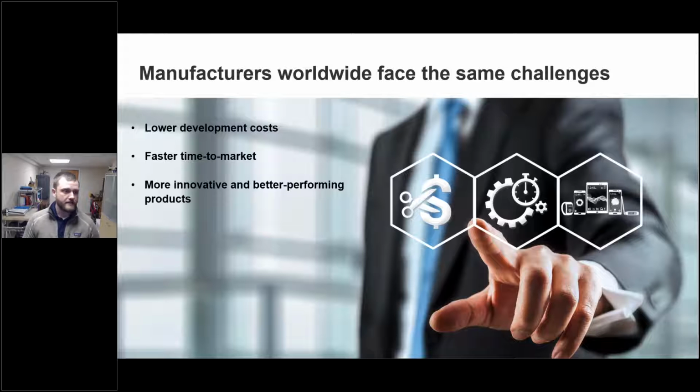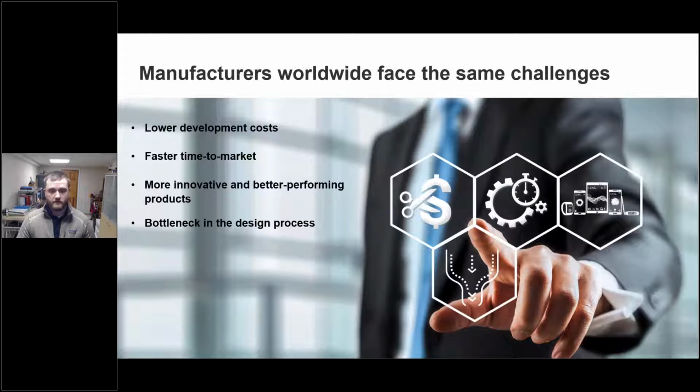So we want faster time to market, lower development costs, and more intuitive, better performing products. But in order to do that, we need to eliminate bottlenecks in the design process. And simulation can certainly be a bottleneck. The term I've heard before is analysis paralysis. You can analyze these systems to the nth degree, but at the end of the day, you do have to generate a prototype.